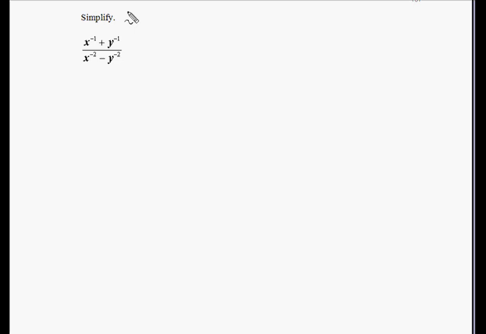Simplify this complex fraction. But beware, we have addition in the numerator and subtraction in the denominator, and even more importantly, we have negative exponents. If you'll recall, negative exponents indicate that we need to write a reciprocal, but I'm not going to write this x to the negative 1 down in the denominator. I am going to write it as a reciprocal, 1 over x, and also 1 over y, but I'm leaving